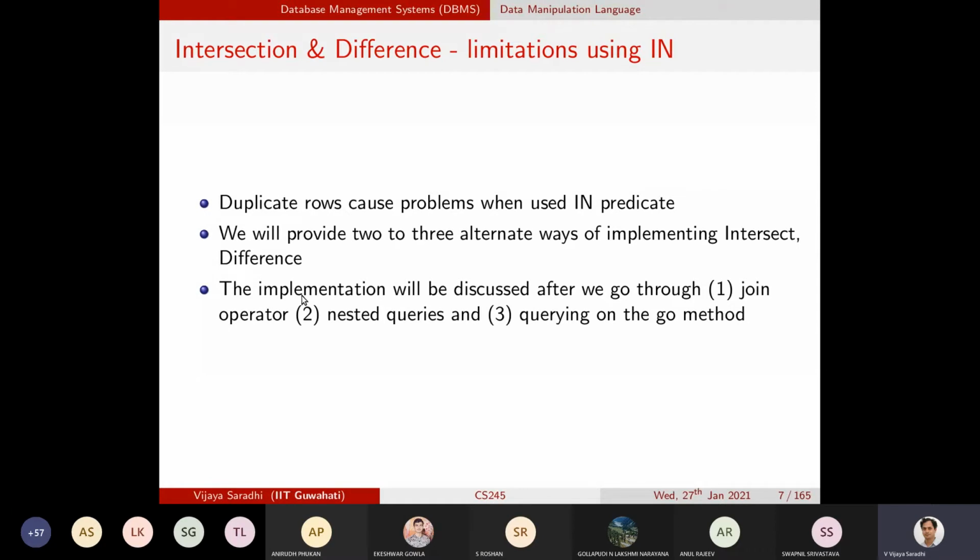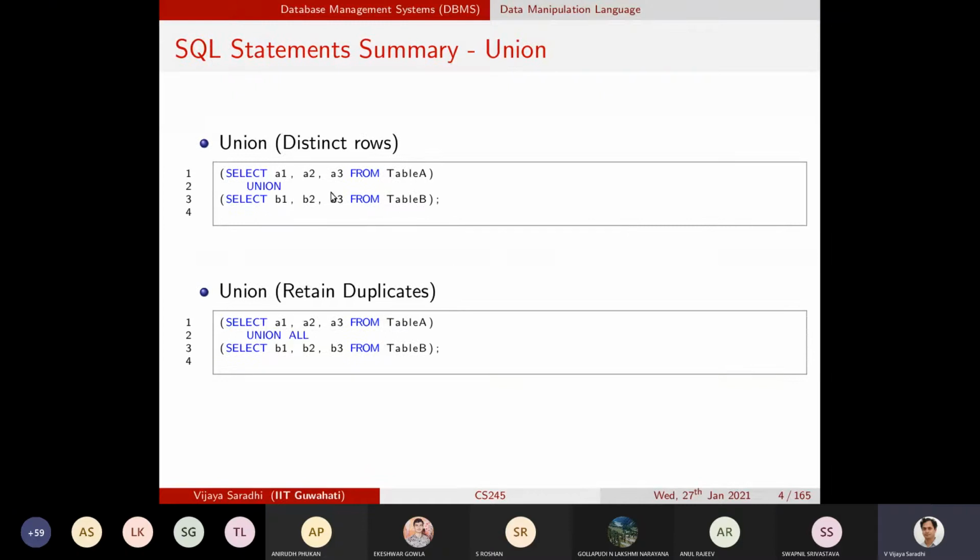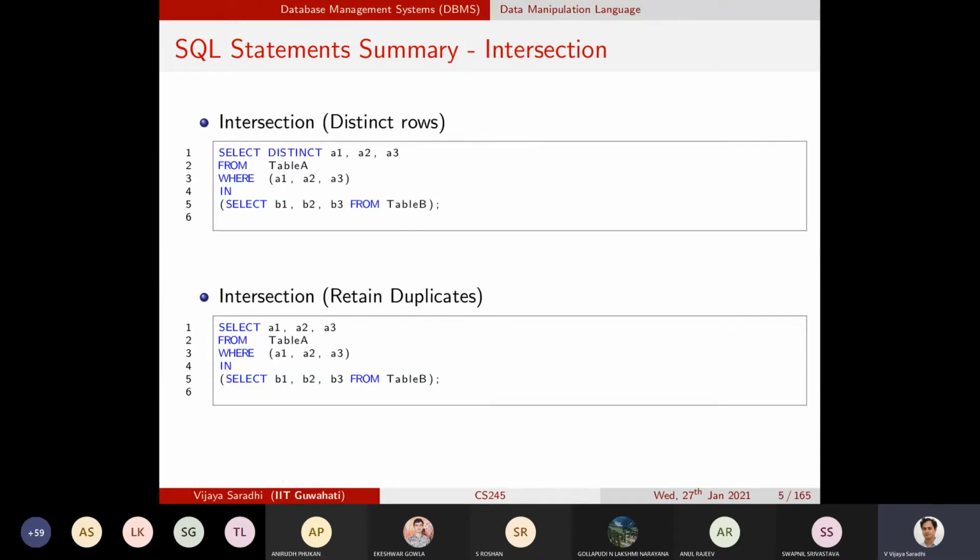If you are using commercially available RDBMS systems, the intersect keyword is available, and the except keyword for difference is available. You can perform these operations just like you have performed union operations. You just have to replace union with intersect, and union with except, right? These are the commercial databases that support these operations, but MySQL really does not support them.